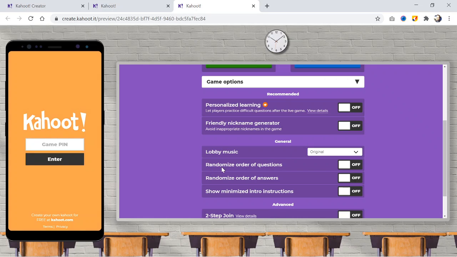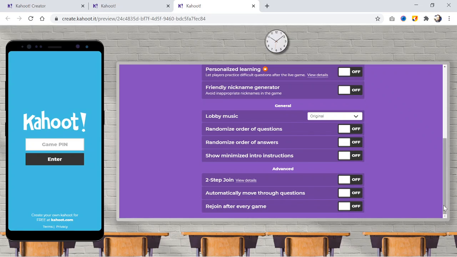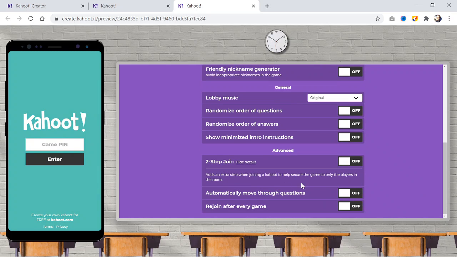You may opt to randomize the order of questions and their answers in general game modes. As advanced options, you can choose to have your players join the game in 2 steps to help secure it to only the players in the room.